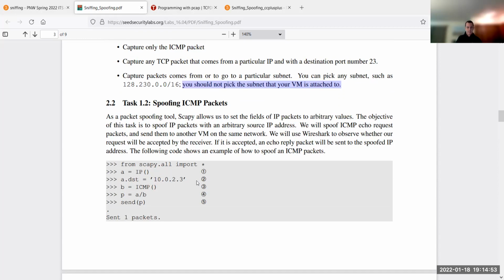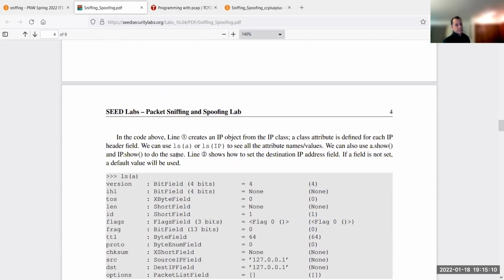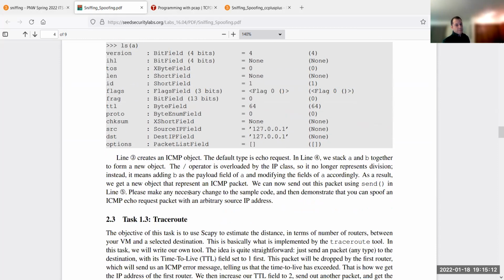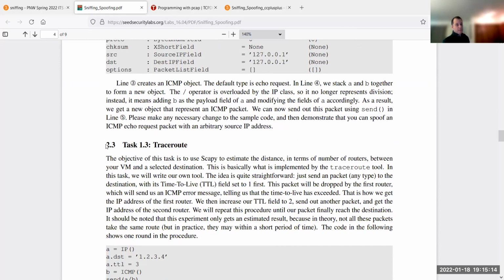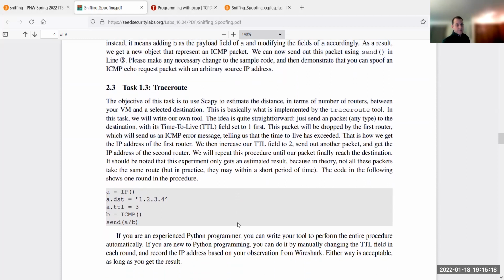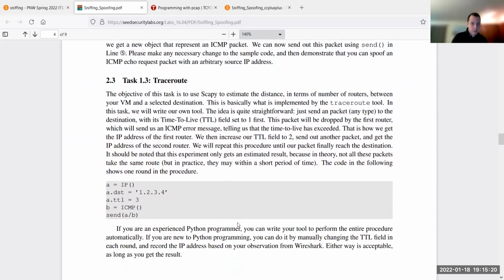Now spoofing ICMP packets. This is for next week, as I said. Spoofing just means basically that you change the packets manually. Here's an example of that. We also covered this last week. You put in the IP address here, for instance. So that's been covered already. Now this problem you do have to complete, okay? Trace route. So this one, the only thing